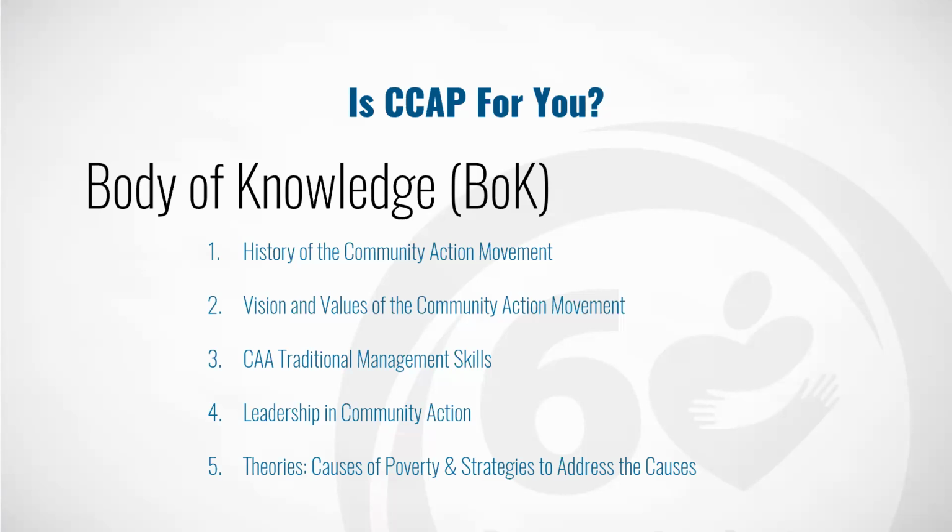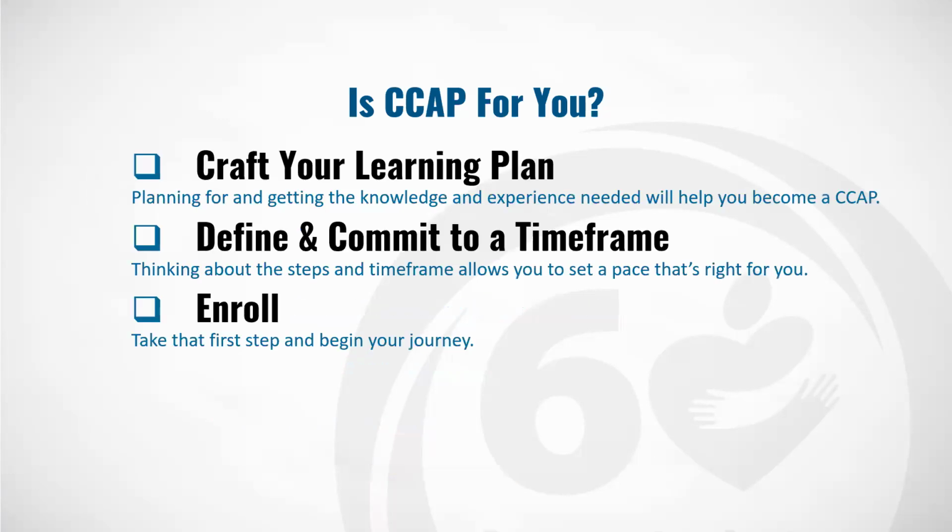And so under each of those categories, there's an outline. History of community action is going to start with pre-1964 and move forward to where we are today and look at all of the major milestones that historically the network has been through. So reading the body of knowledge can put you on the right track to knowing, hey, I get this, I understand this, right?